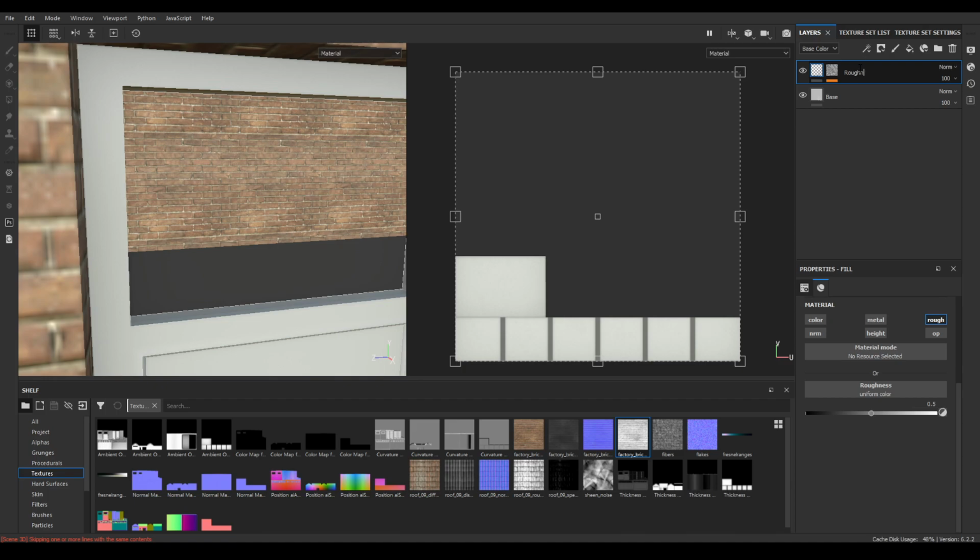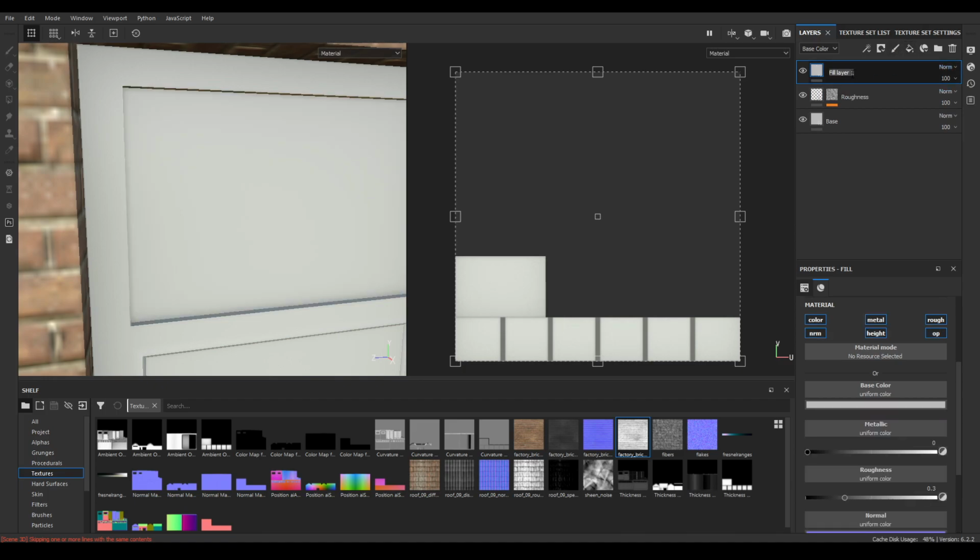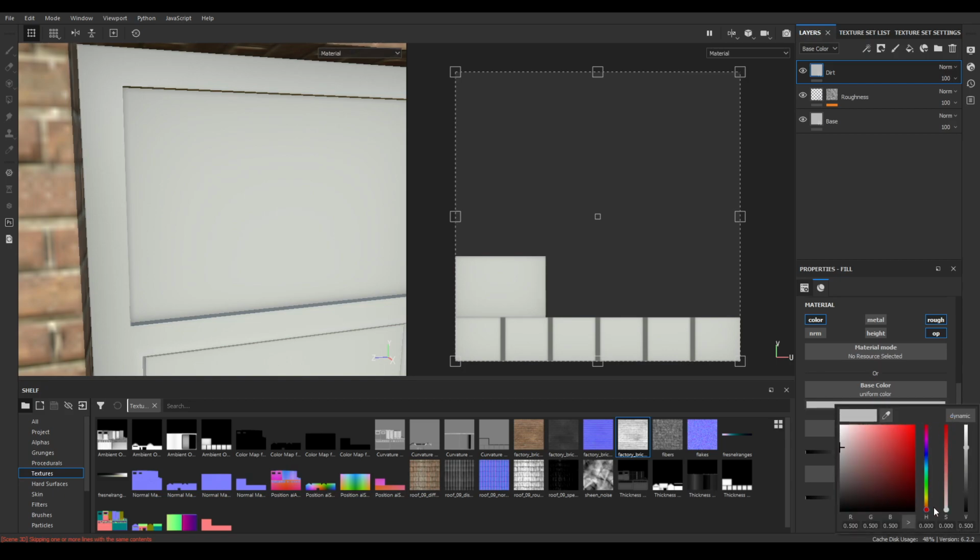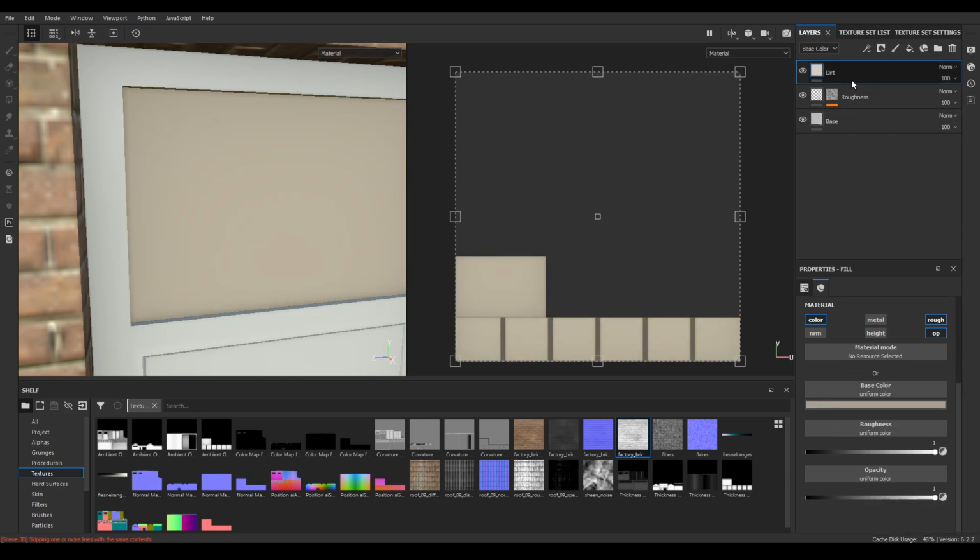Rename this as roughness and let's add another fill layer, and I'm going to name this as dirt. Now let's disable the metal, normal and height and increase the roughness value to 1. Change the base color to something more yellow.